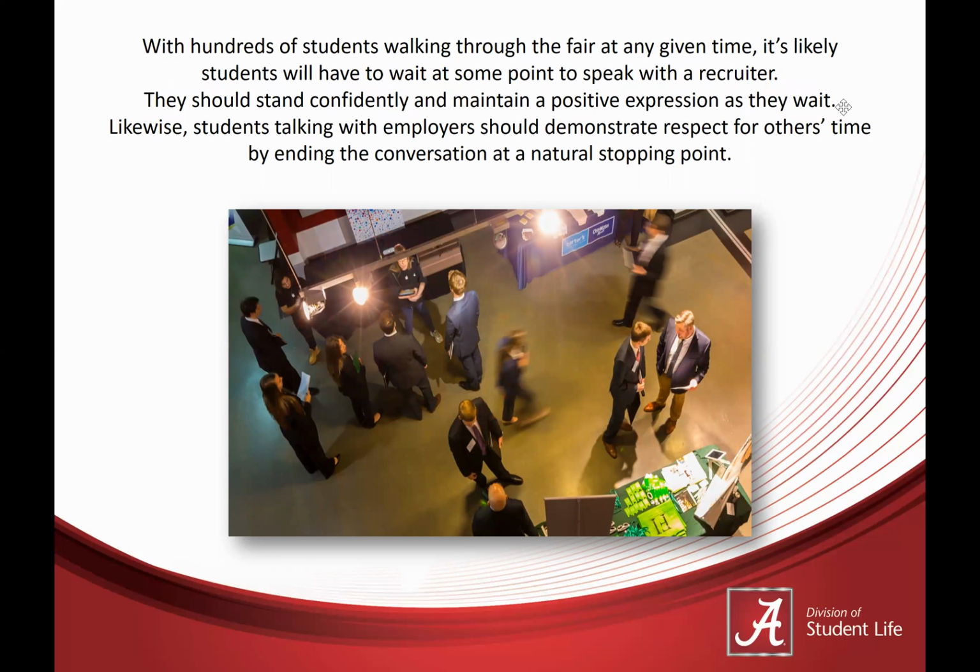We're glad that students attend the career fairs in the numbers that they do, but that means that at some point during the day, there are going to be a lot of students, sometimes hundreds, walking through the concourse. And so there may be occasions when students will have to wait to speak with an employer. And we tell them just to practice those common courtesies of giving the student who's doing the talking space,